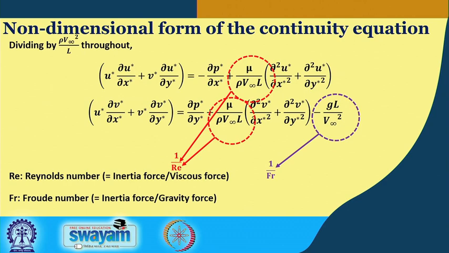Okay? And this Reynolds number is the deciding factor. We look at the Reynolds number value to decide whether we are having turbulent flow or laminar flow. And perhaps you also know that there is something called the critical Reynolds number for a given situation. For example, in a circular pipe, the critical Reynolds number is taken to be about 2100.